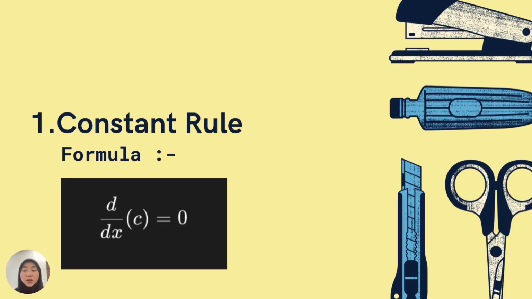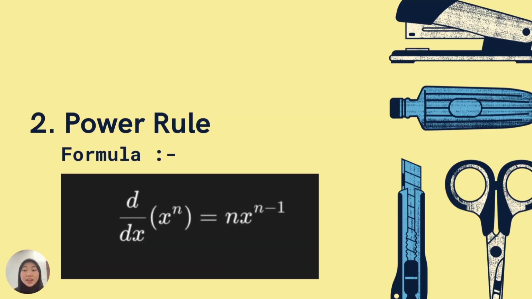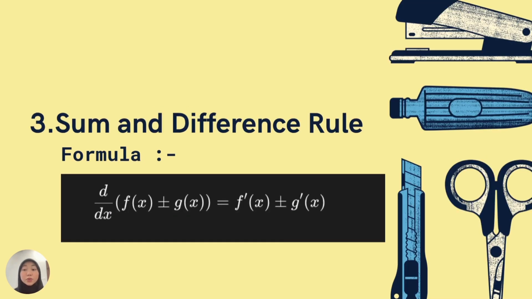The first one is the constant rule, and the formula for this rule is the derivative of a constant c with respect to s is 0. The second rule is the power rule, and the formula for this rule is the derivative of s to the power of n with respect to s is n times s to the power of n minus 1. The third rule is the sum and difference rule, and the formula for this rule is the derivative of f of x plus or minus g of x with respect to x is f prime of x plus or minus